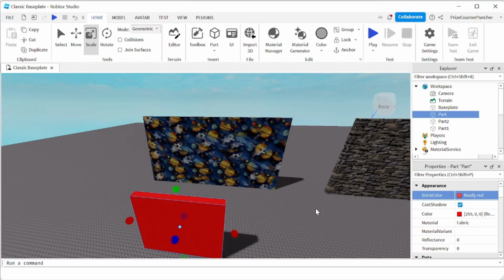Alright everyone, that's how you use the new beta feature to customize your material and textures in Roblox using the new Roblox AI